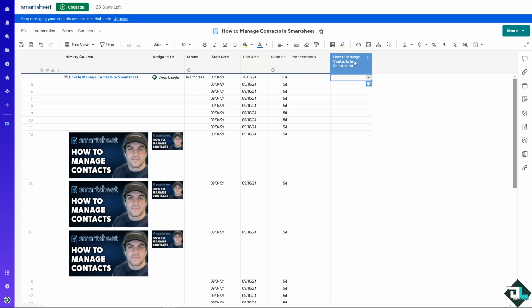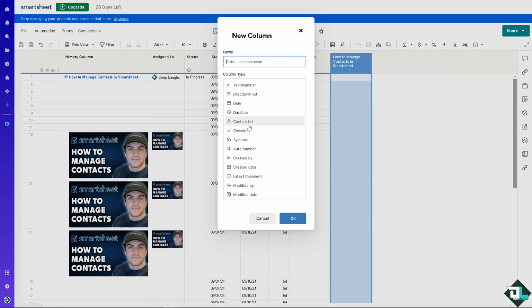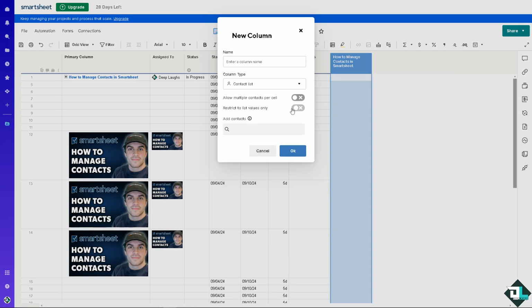Now we can add another column, maybe on the left. This time we're going to choose again the contact list. In this case, we are going to restrict to list values only, and I'm going to name it something like Deep Labs contact. We're going to select the contact list, and again we're only choosing the restrict to list values. Same as before, if you have many names under your Smartsheet account, you might want to put it here. Obviously, if they are already added to your contacts, they will definitely show here in the search bar. If they're not, just put in, for example,